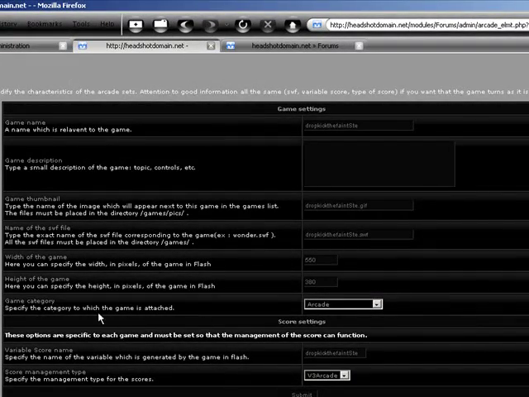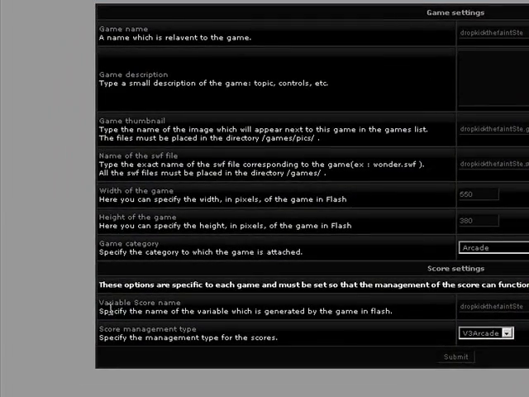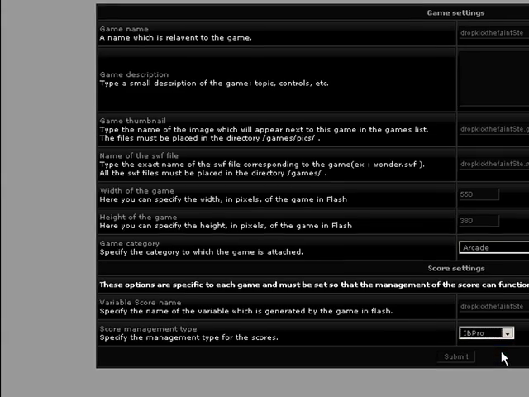As you can see, under score management, type is set up as a V3 Arcade. We're going to have to change that to IB Pro. There are three options: Activity, IB Pro, V3 Arcade. If you know it is a V3 Arcade, then leave it alone because that's going to be the default. If you know it's an IB Pro game,